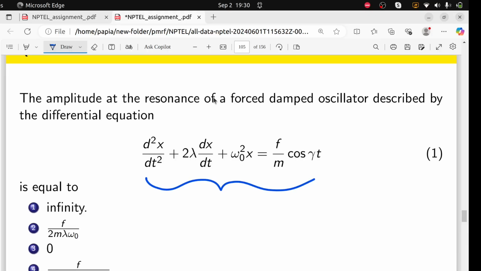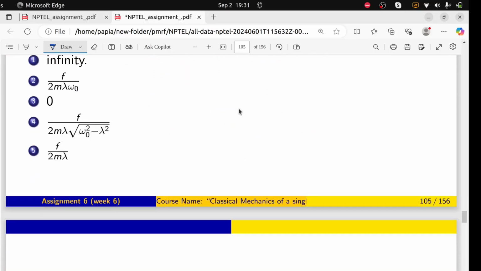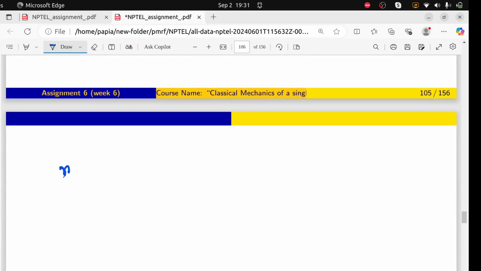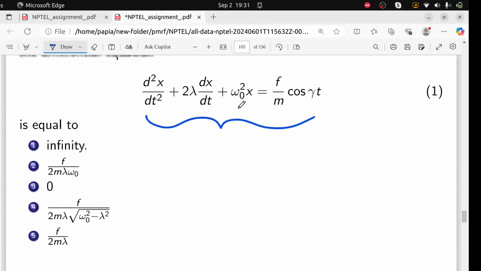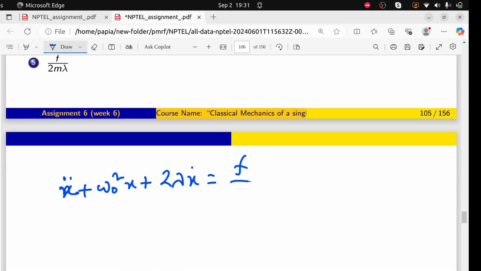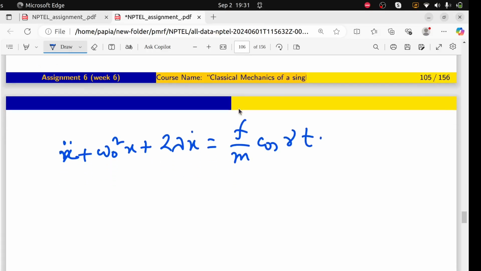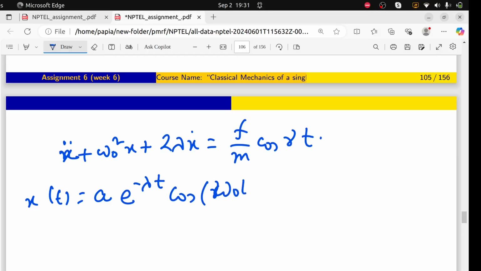The amplitude at the resonance. Okay, fine. F by m cos gamma t. This is a well-known equation, and the expression is like e to the power minus lambda t cos, let's say, omega 0 t plus alpha. Then